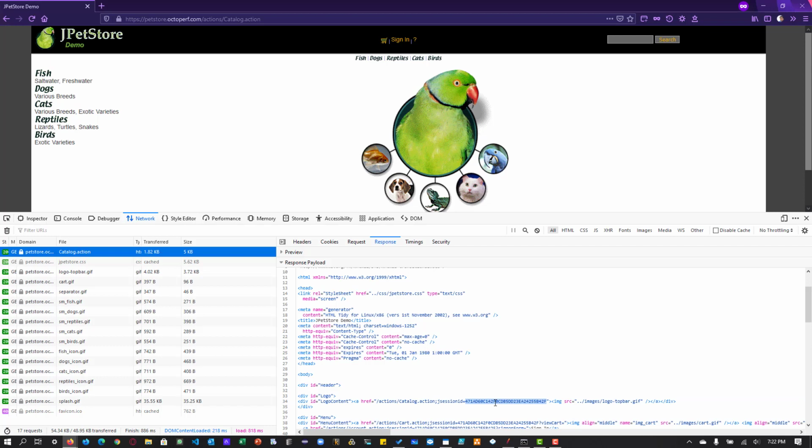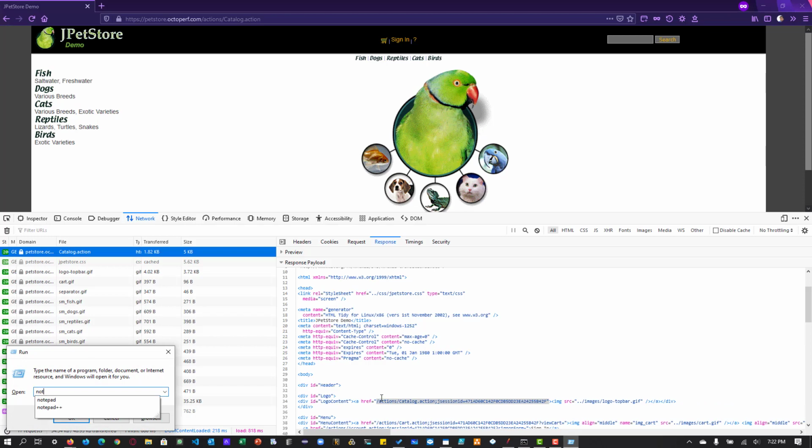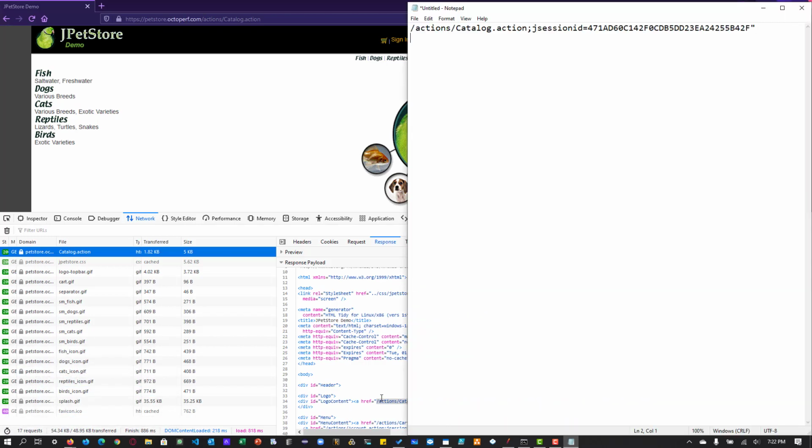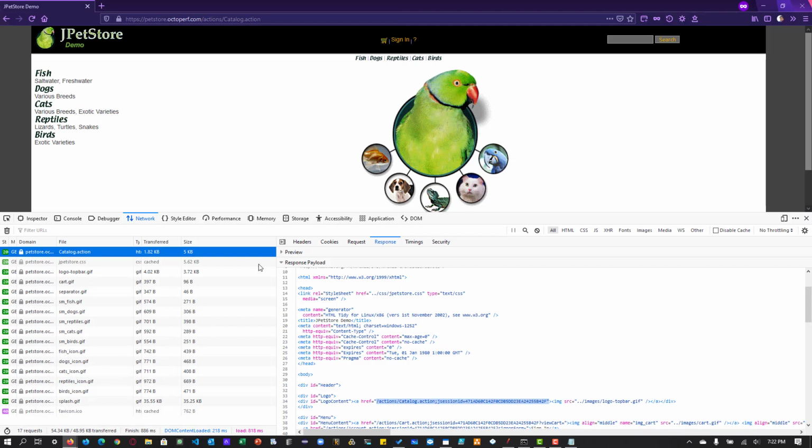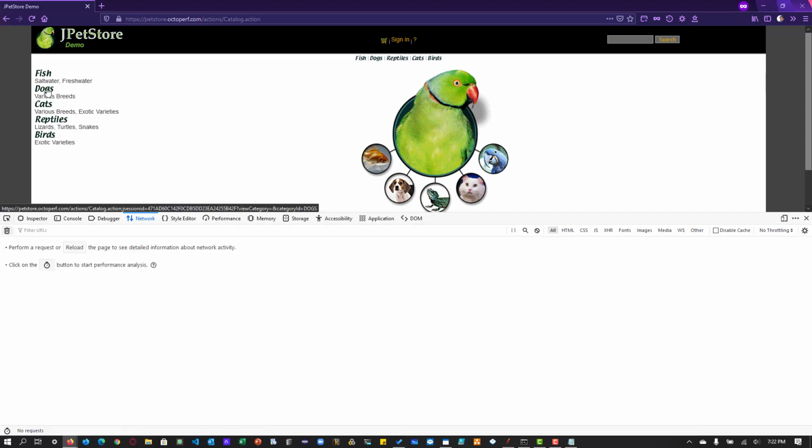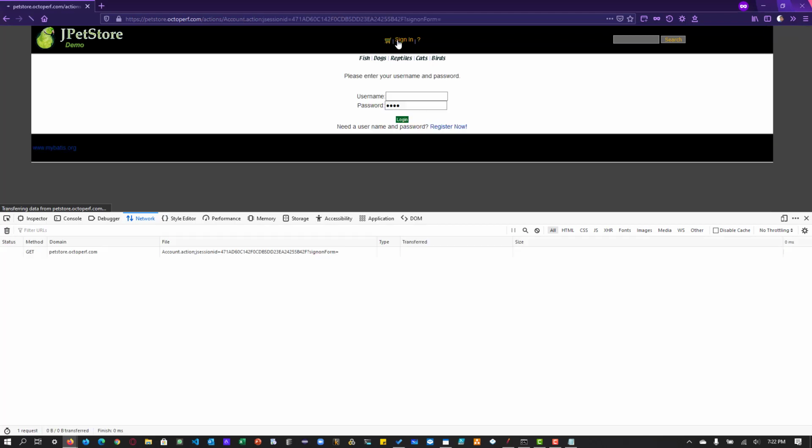This is one of the areas we have to focus on. So let us copy this and paste it in the notepad. This is one, and let us clear this trace and click on the sign in link here,